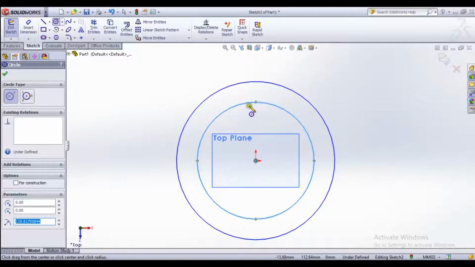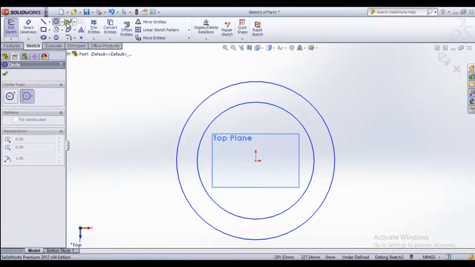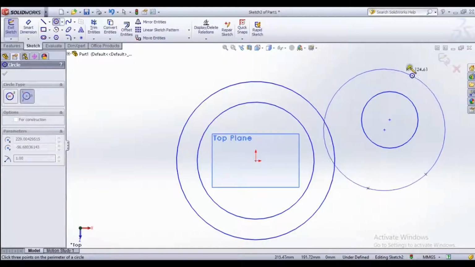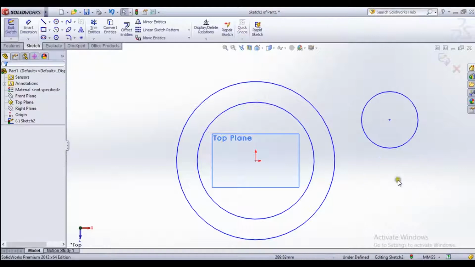The other type is the three point circle, where we select three points: first point, second point, and third point. As we need our radius bigger or smaller, we can create it. These are the two types of circles and the two types of lines.